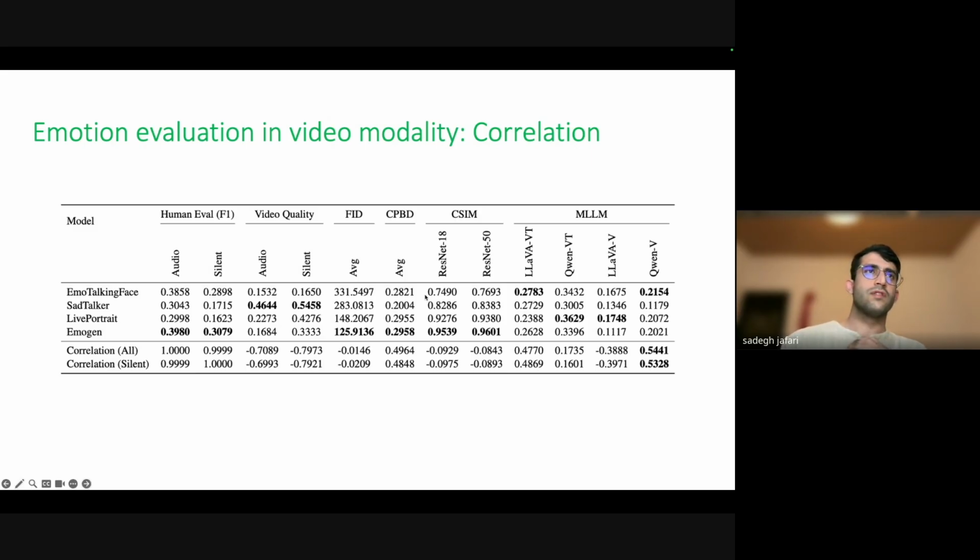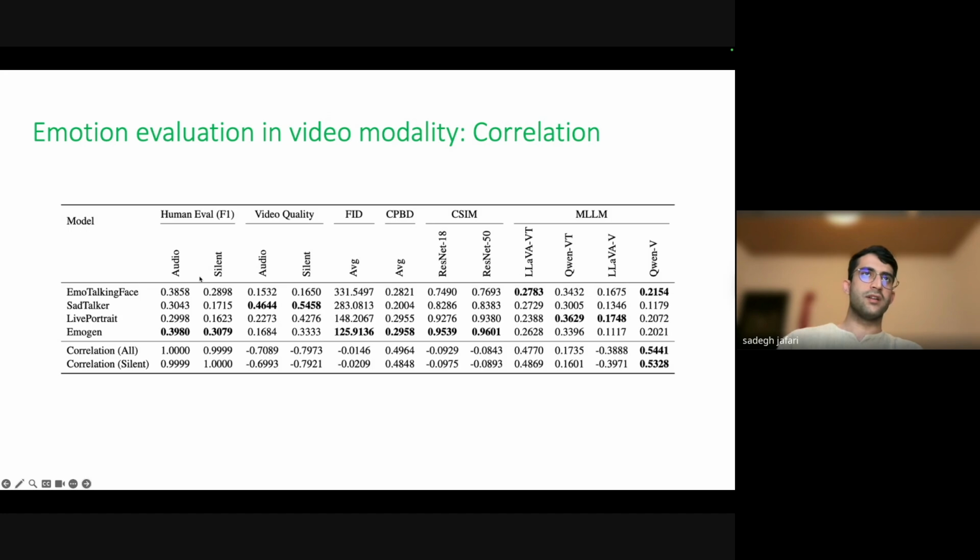For silent videos, the accuracy decreased, which is obvious, because annotators have less information, so they may make wrong decisions.